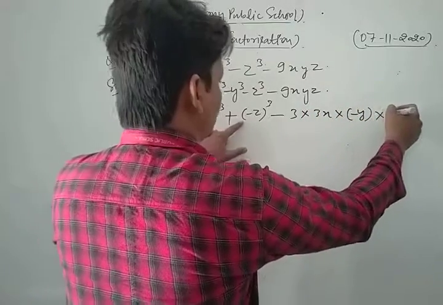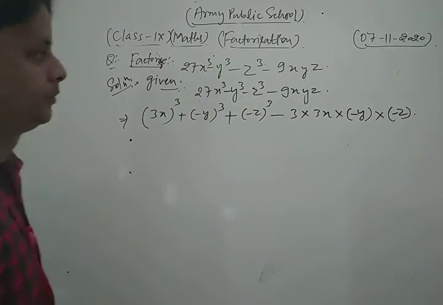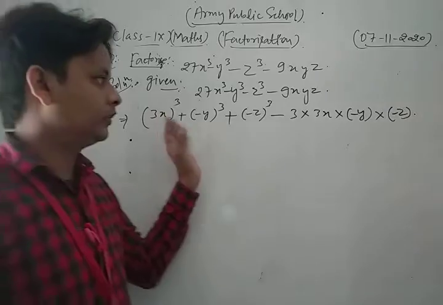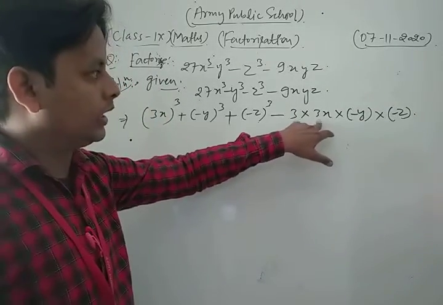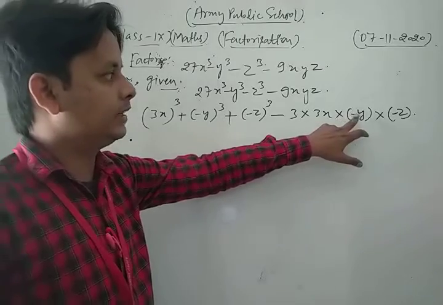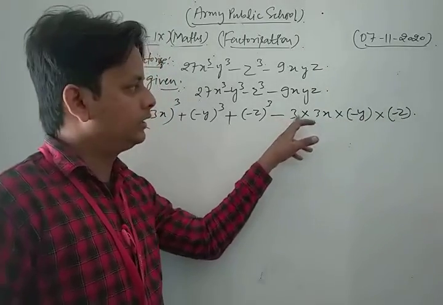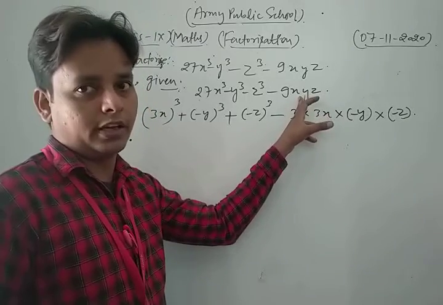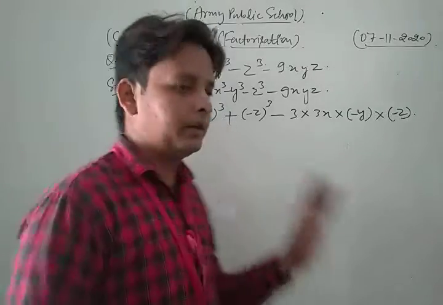Minus y, and c is what? Minus z. Thus, dear students, in this way we get this. Now look, if we multiply, minus minus is converted into plus, and plus minus minus, and 3 3s are 9xyz. Okay, now in this way we can say that this is the question based on the identities